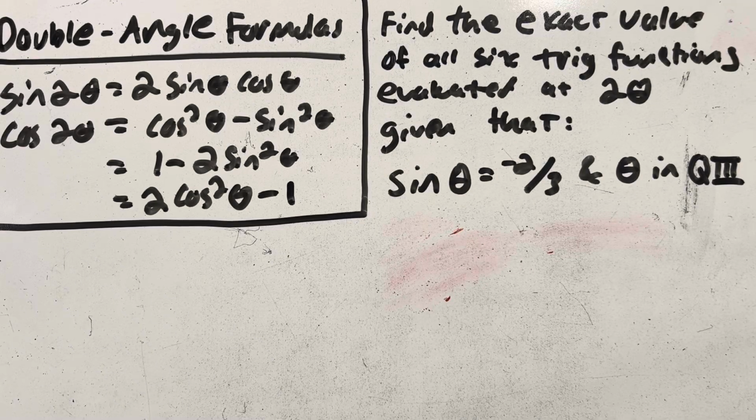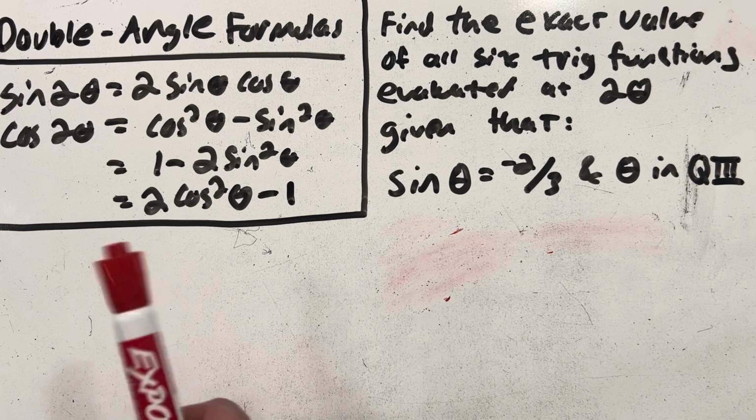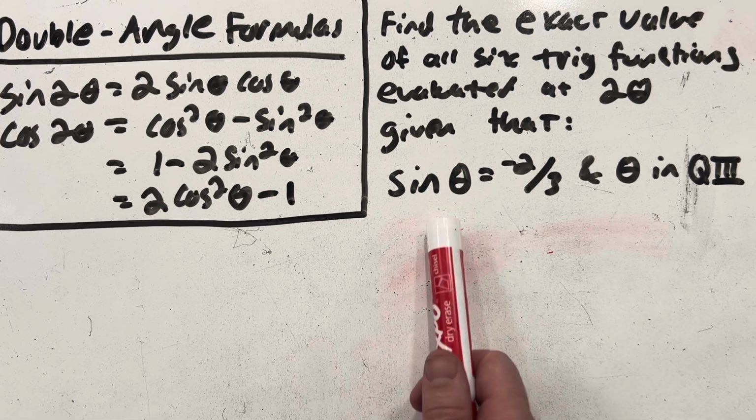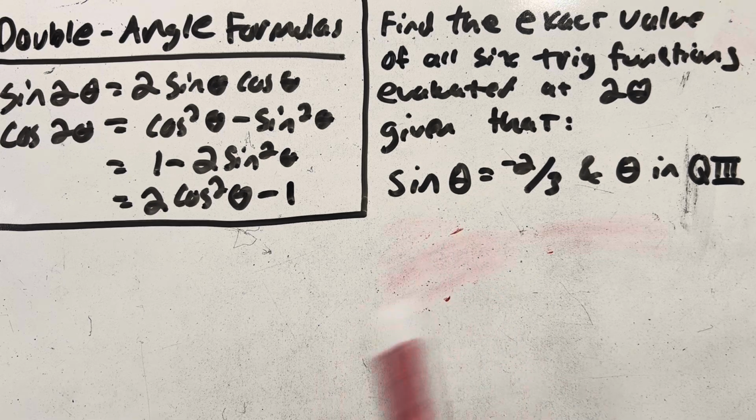In this video, we're going to find some exact values of our 6 trigonometric functions using our double angle formulas. We're asked to find the exact value of all 6 trigonometric functions evaluated at the angle 2 times theta, given that sine of regular theta, the single angle, is equal to minus 2/3, and that single angle theta is in